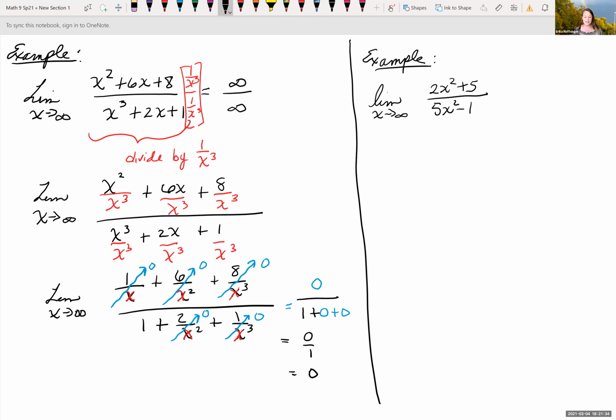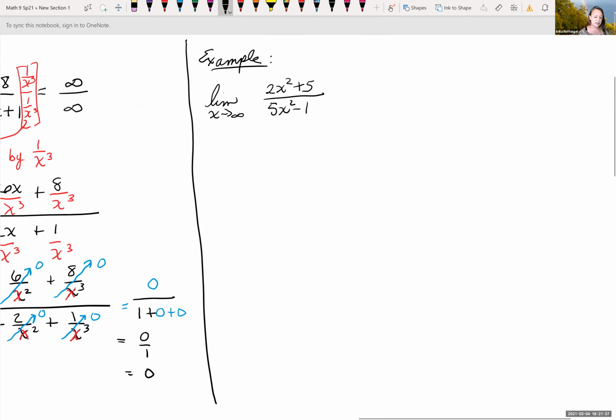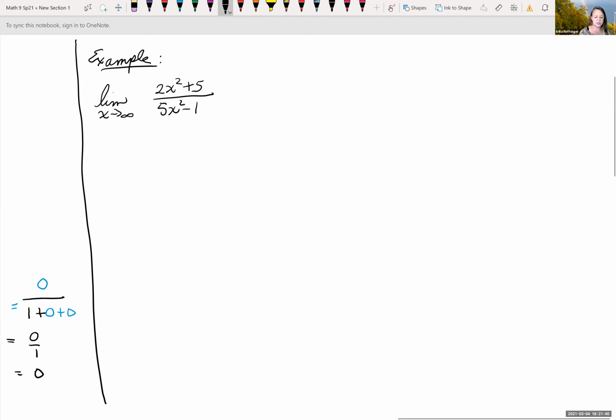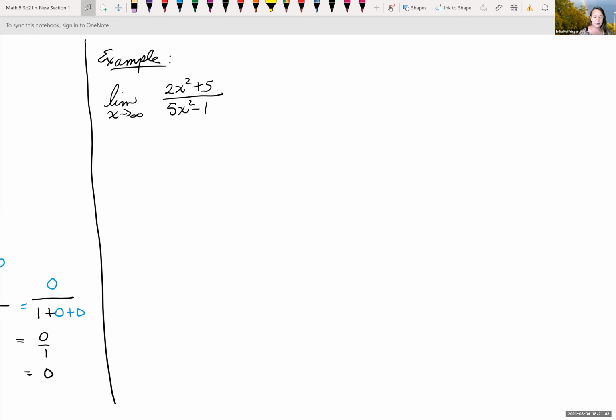So another example, as x is going to infinity, we're now looking at 2x squared plus 5 all over 5x squared minus 1. Again, if we plug in infinity wherever we see an x, we get that indeterminate form of infinity over infinity. So we want to go back in and manipulate this. One way to do that is looking at the degree in your denominator, which is x squared, degree 2. And we're going to multiply everything by 1 over x squared, both in the numerator and denominator, where you use the fact that a number over x as x goes to infinity goes to 0. So if we distribute that,